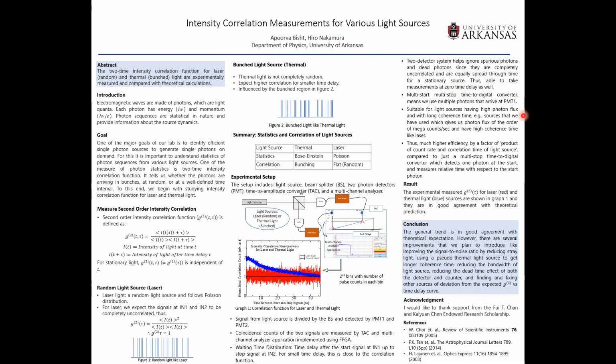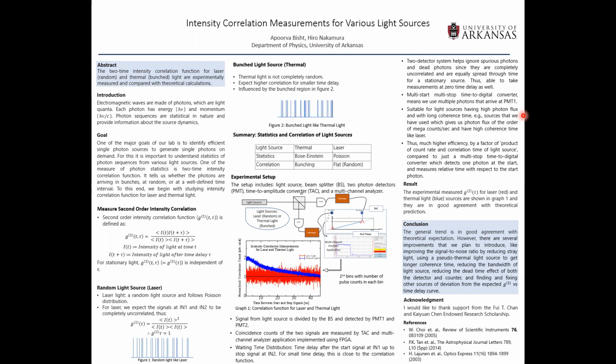Single photons are promising candidates for quantum computing. One of the major goals of our lab is to identify reliable single photon sources to generate single photons on demand. For this, it is important to understand photon statistics for photon sequences generated by light sources. The intensity correlation function gives information about the photon statistics, for example, if the light source is random or bunched or anti-bunched, and also about the source that generated the